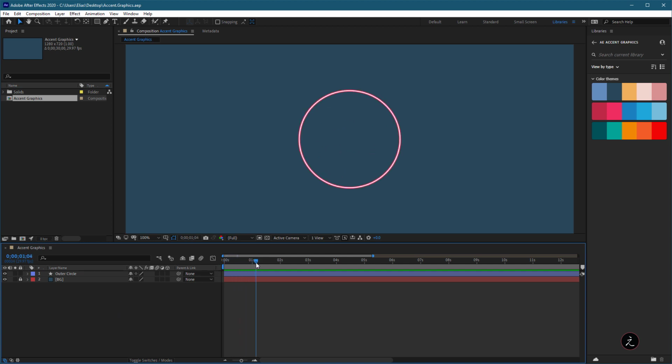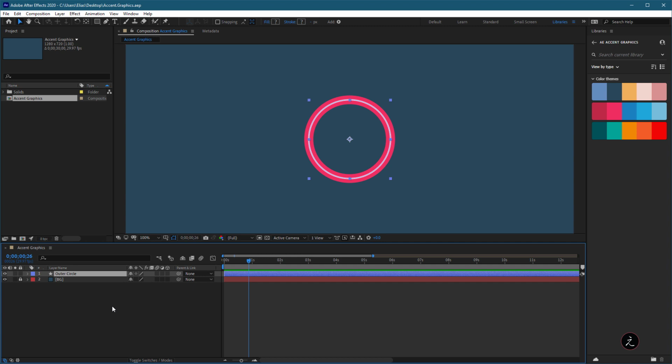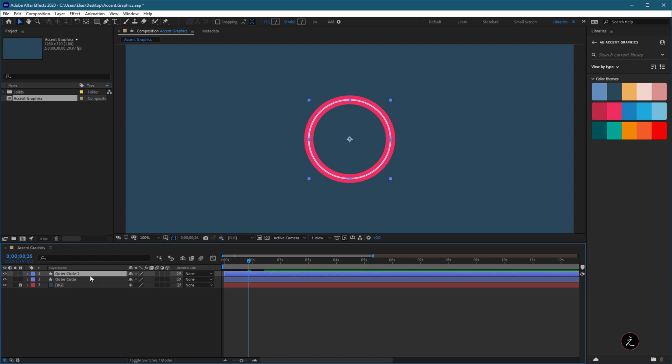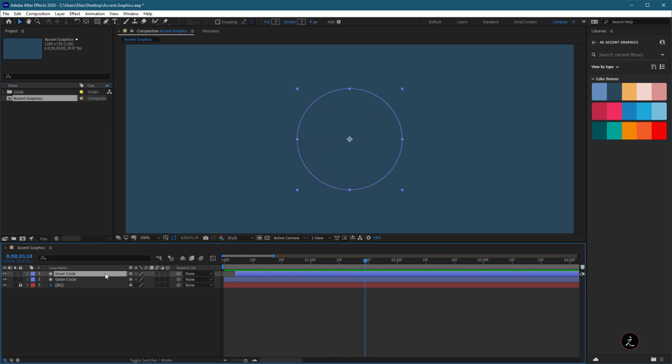Now let us go ahead and create a second one. And the easiest thing to do here is to actually make just a duplicate. So select your layer and use Control D or Command D on the keyboard to duplicate that. And then actually let me go ahead and rename this. I'm going to press Enter or Return on the keyboard, and I'm going to rename this to inner circle like so. Okay. And then what I'm going to do is offset the whole layer just a bit in time, so it doesn't start immediately. Okay. So if I was to RAM preview this, it's going to be something like that. Okay. This is subject to change. Of course, a lot of things will be subject to change.